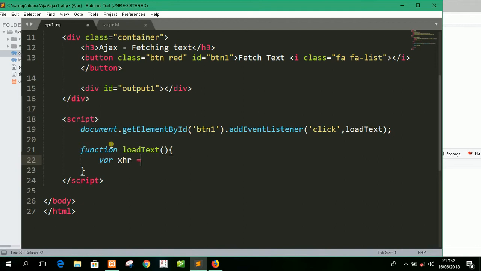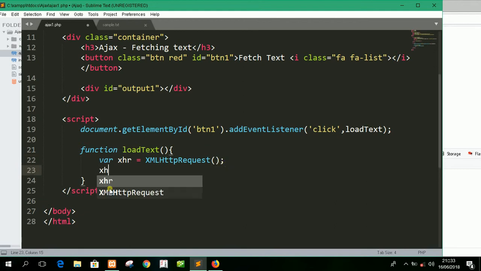So we are going to create some variable here, xhr. Then we are going to assign it to XMLHttpRequest. Then we call this variable we created, xhr.open,